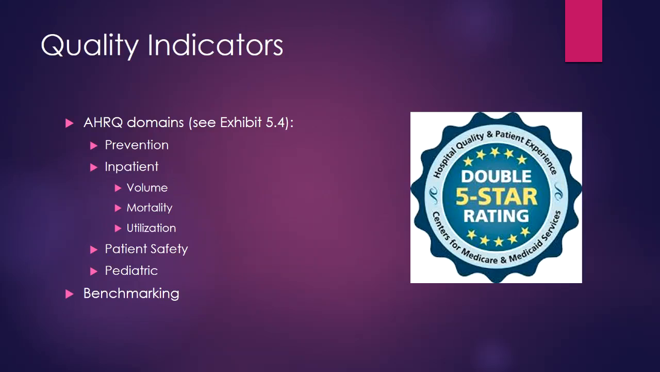And a lot of these measures are around potentially preventable hospitalization. Within inpatient care, there are 3 different types of measures that make up that domain. And those are looking at things like the volume of procedures that are done, looking at in-hospital mortality, and then looking at utilization. And utilization can range from procedures to medications and other kinds of activities that happen while someone